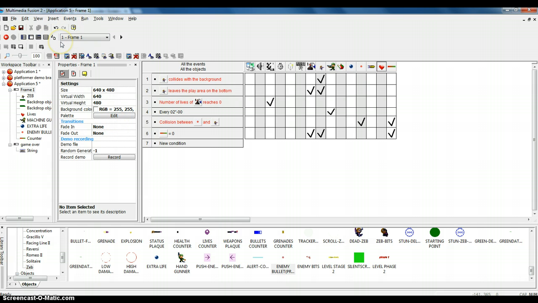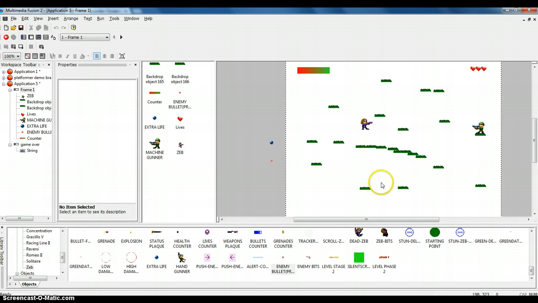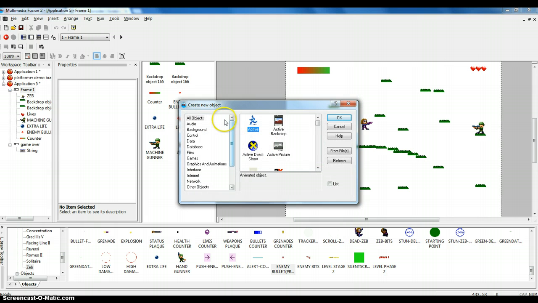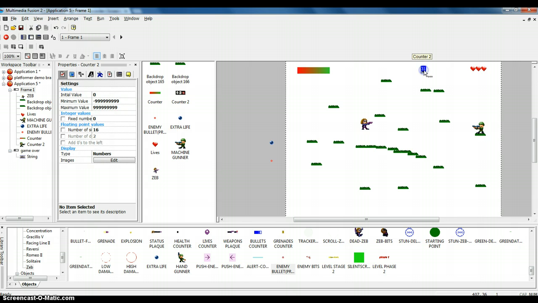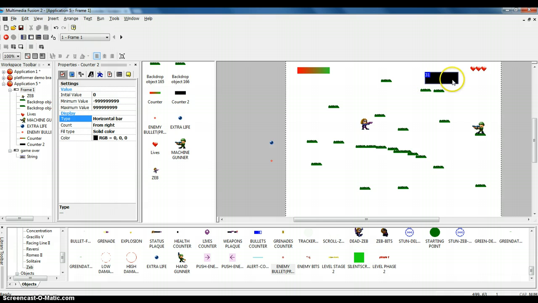So let's go into our Control M for our frame view, and I'm going to right click here, insert object, and go to all objects. I'm going to scroll down to counter, hit OK, plop it in here, and then I'll just move it down a little bit. Right now it's a number, and I'm going to set it from a number to a horizontal bar, and I'm going to make it